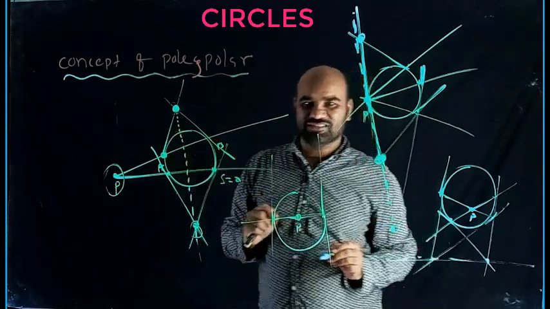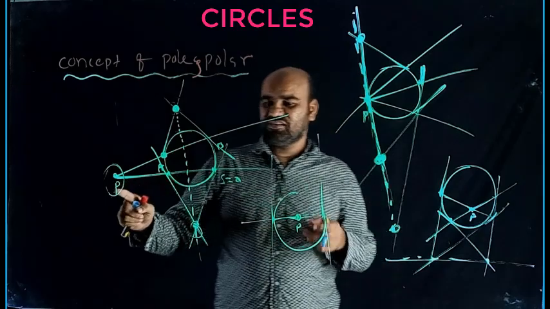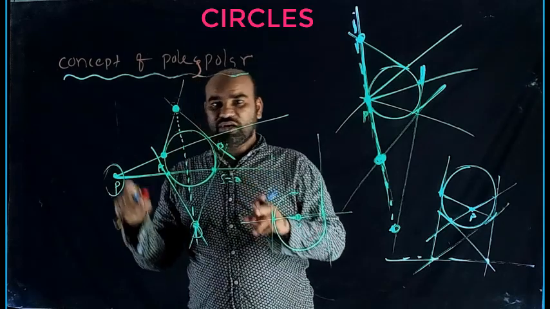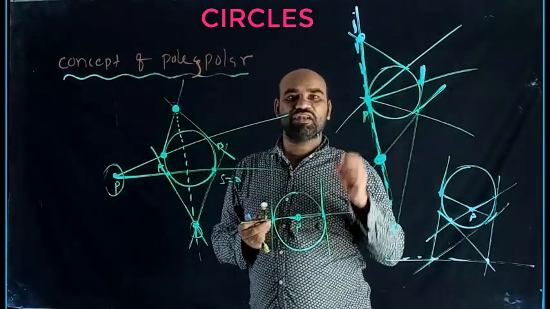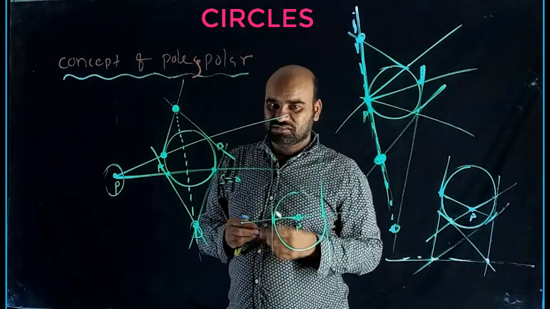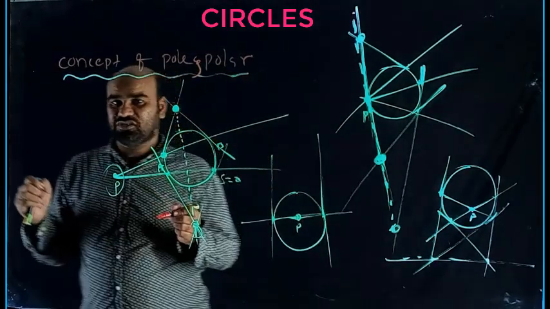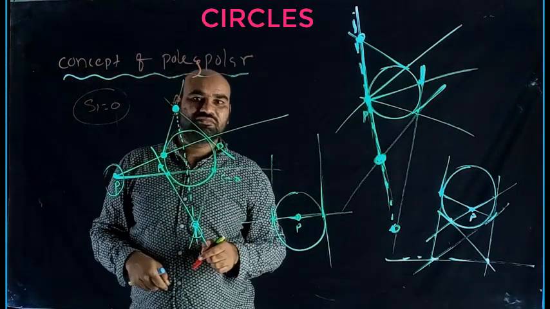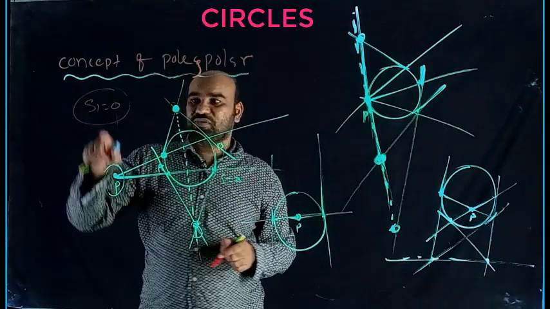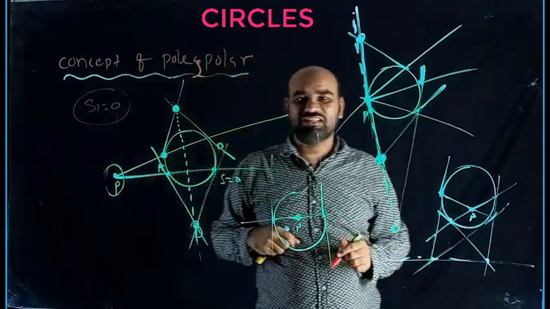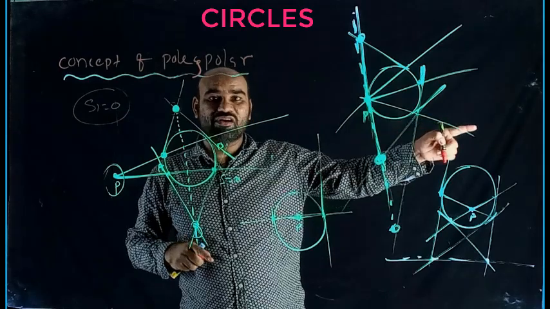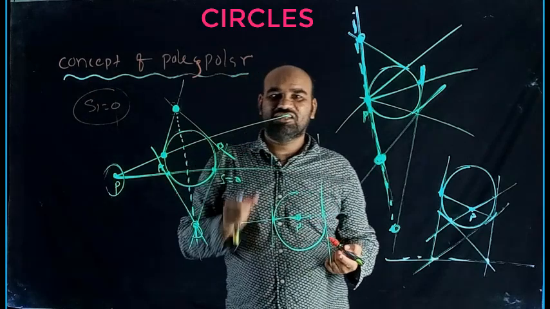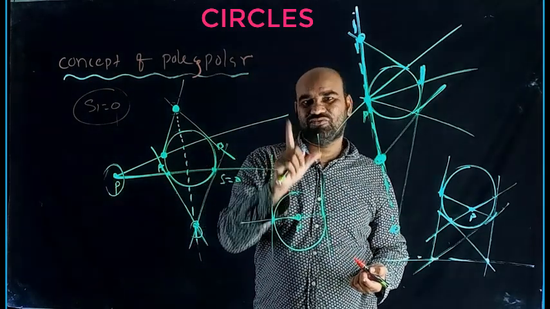I will mention the definition. Now P is given, S is given, how to find the equation of the polar. Polar equation is given, circle equation, how to find the pole, everything I will explain. Important note for students, please don't confuse here. S1 equal to 0, the symbol will confuse you. Sometimes S1 equal to 0 becomes the equation of the tangent. Sometimes S1 equal to 0 is said to be the chord of contact. Here S1 equal to 0 is also the equation of the polar. That's why please don't confuse.